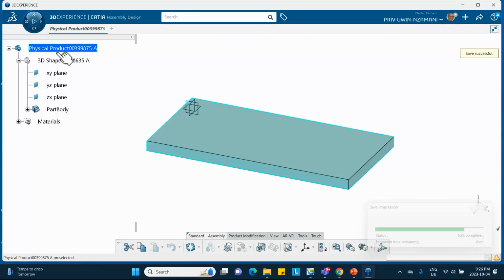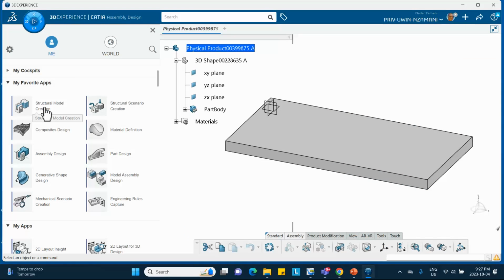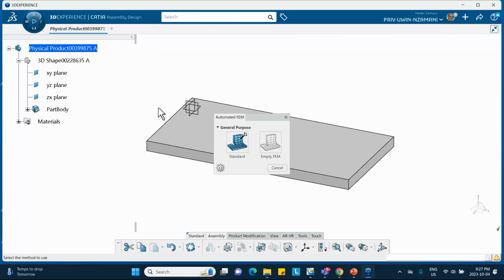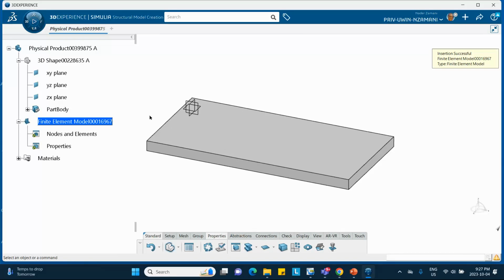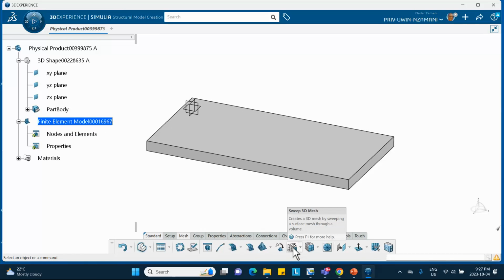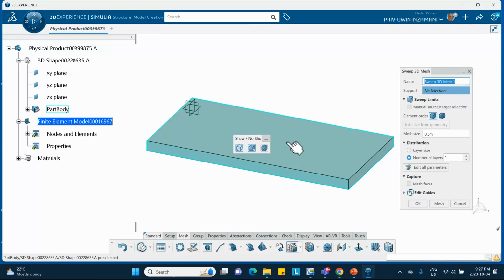All right, so now we're going to mesh it. So we go to 3D, structural model creation, empty FEM model. We're going to do the meshing ourselves. That's why I said empty FEM. I don't want it to automatically mesh things for me. So let's go to the mesh, and I'm going to do the sweep 3D mesh. So I click on that, I select that face, and in the description of the video, I said the size